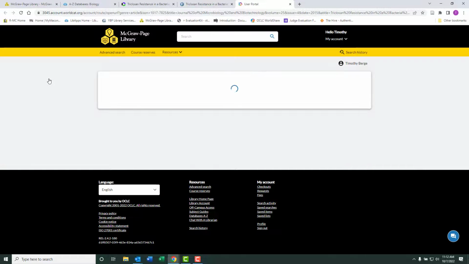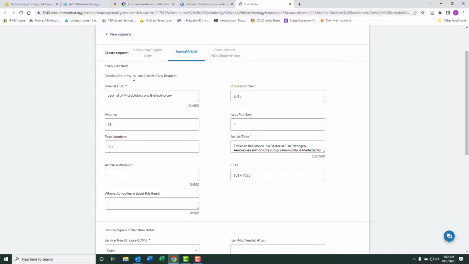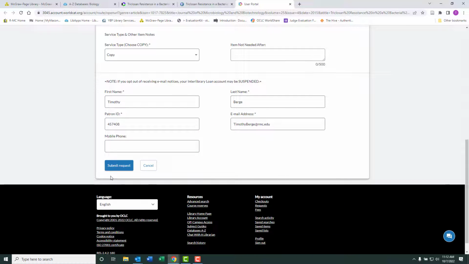and then you might be prompted to log in using your Randolph-Macon credentials. If not, you'll just be sent to this form here, which is already filled out, and then you can hit Submit Request. Interlibrary Loan is a service we offer to gain access to resources the library doesn't normally have access